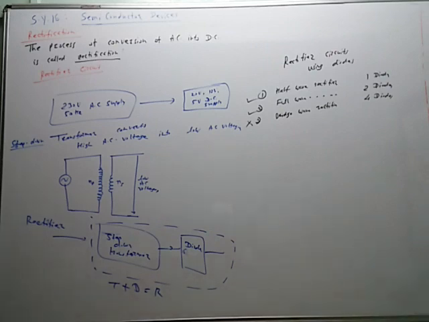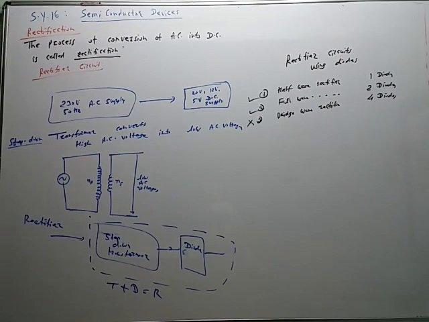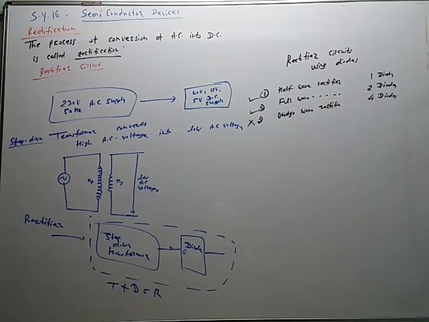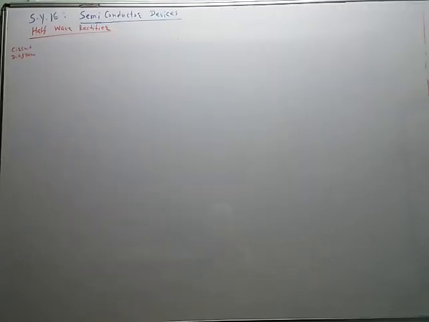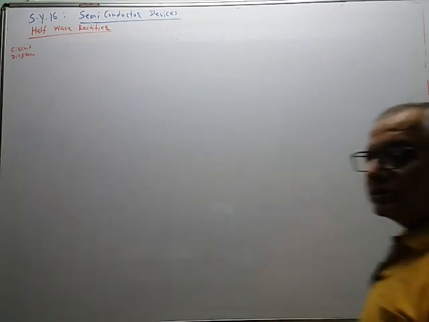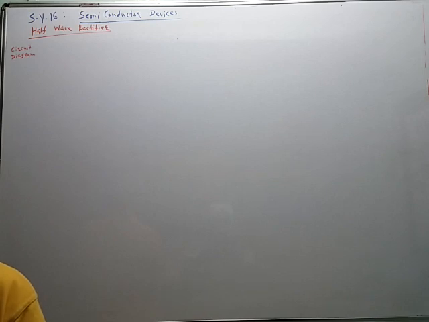So first we will see the half wave rectifier. Once we know the working of the half wave rectifier, then we can get the working of the full wave rectifier in the same way. So now we will start this first circuit, half wave rectifier. So first I will draw the diagram. So we know the arrangement. There is a step down transformer and a diode is connected in front of it.